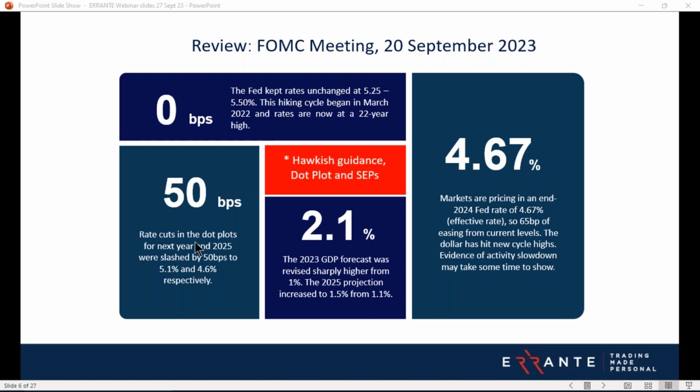Dollar yen, that cleared the 148 big figure, of course, and now we're above 149. And really then a stronger dollar, higher real yields, and essentially the reinforcement of the higher for longer narrative around rates that then hurt equities, and it has continued to do so since sort of last week.